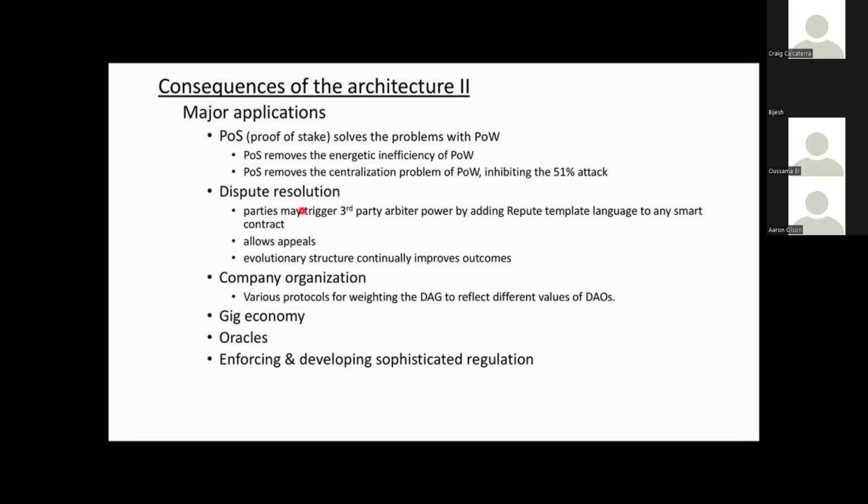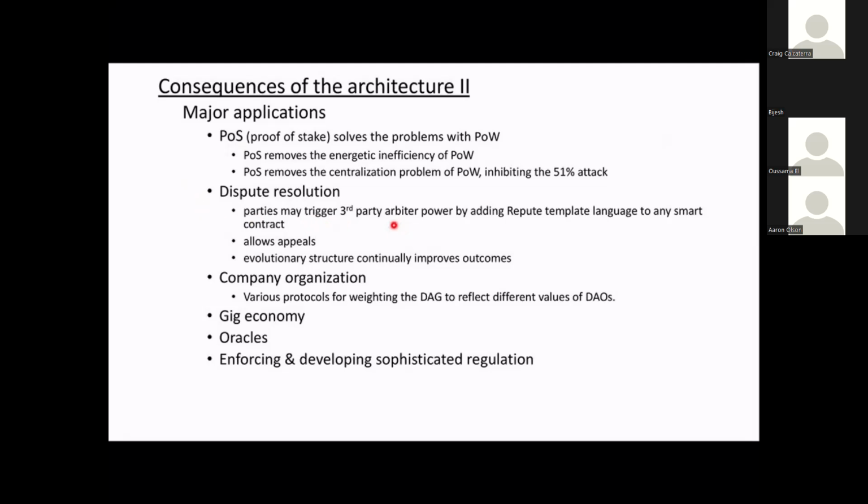Another aspect of this that's not included but can be automatically built in is, at some point, what if the customers and the workers disagree? They have a problem. I said I brought them there, and then the customer said, no, he didn't bring me there, he never showed up. Well, what's going to happen? How do we do this? At some point, you can add more complicated language into the business smart contract that allows either party, the worker or the customer, to trigger a dispute resolution issue.